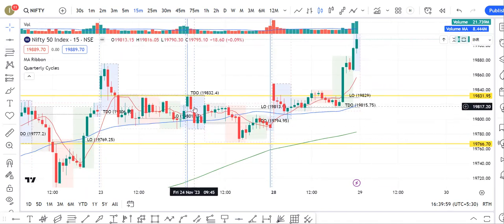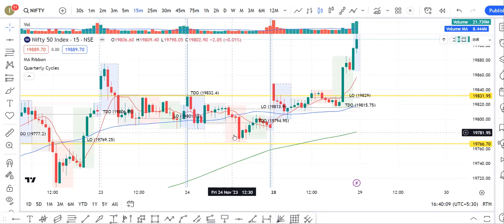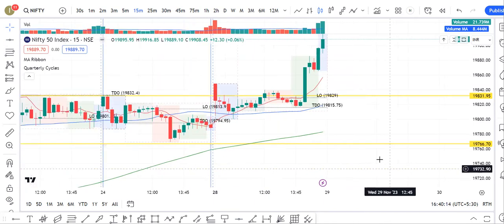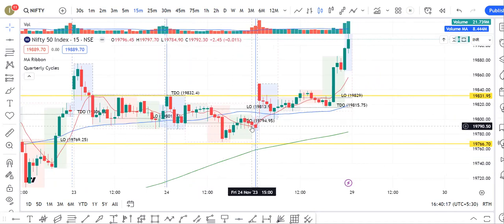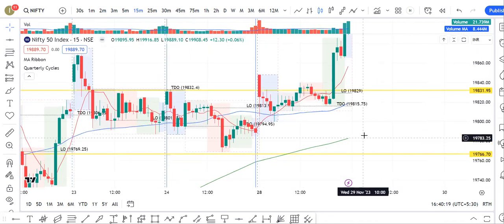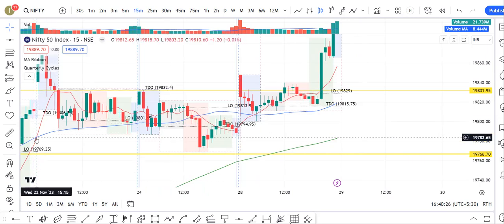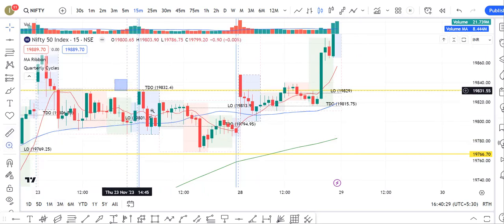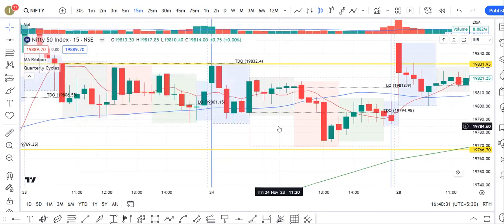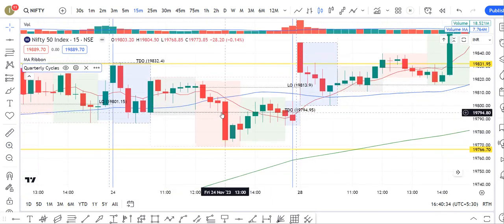First, it was a reversal session, reversal bar continuation. This black box was the accumulation phase, and it was manipulation at the time of 1 o'clock. From there, market closed at the level of 19,787. So, when this indicator, quarterly cycles indicator, will mark you when the second session is over, it marks the